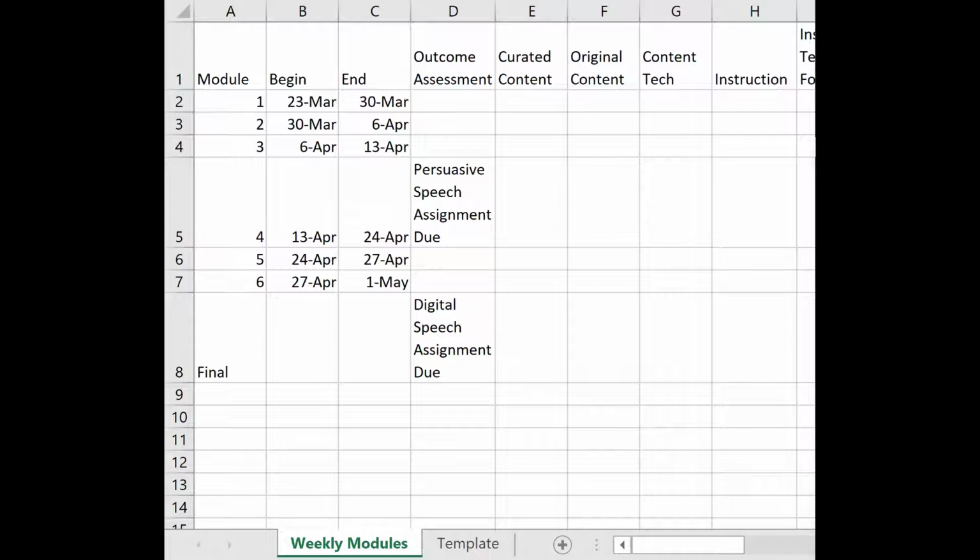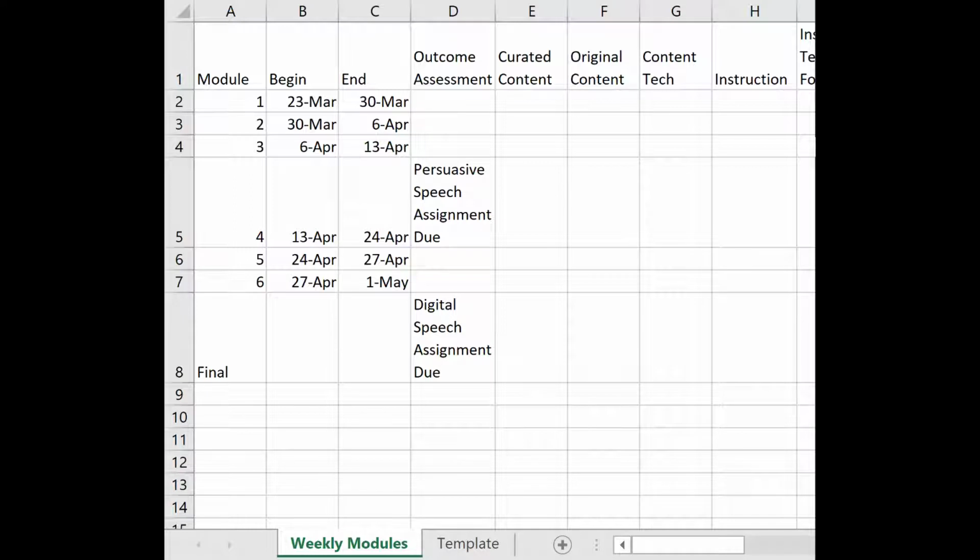I could do this course completely differently. I have 2 major assignments left for the semester, and I could really make this an objective-based or competency-based module situation where I really only have 2 modules fashioned around those 2 major assignments. But here's why I'm choosing not to do that.